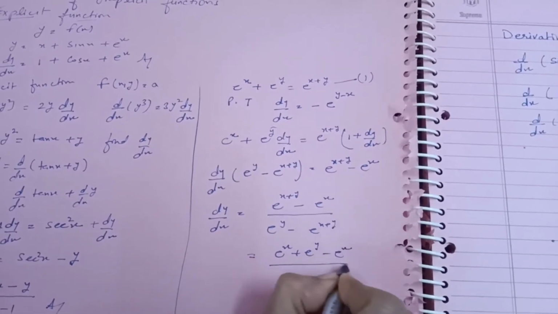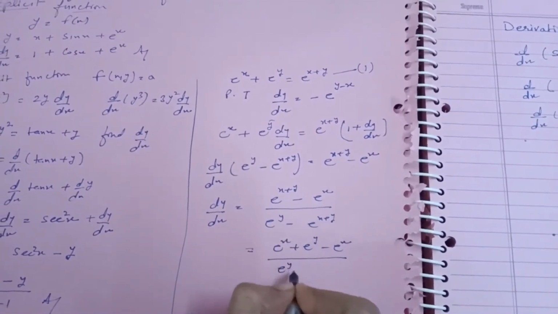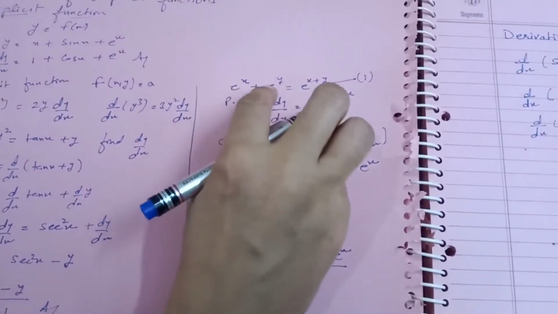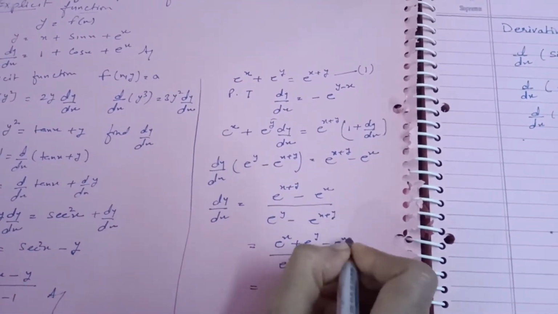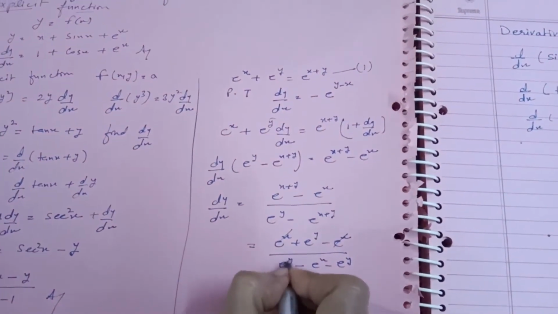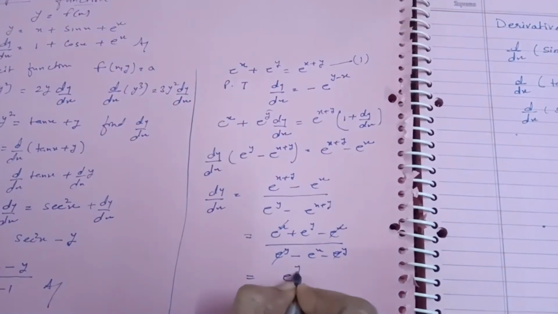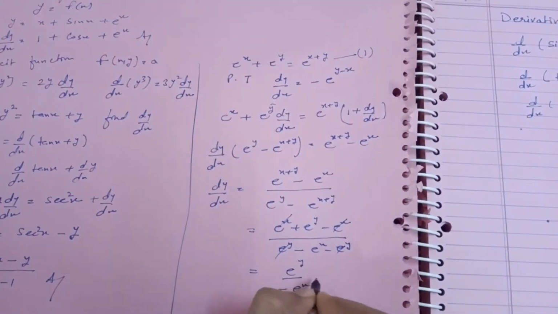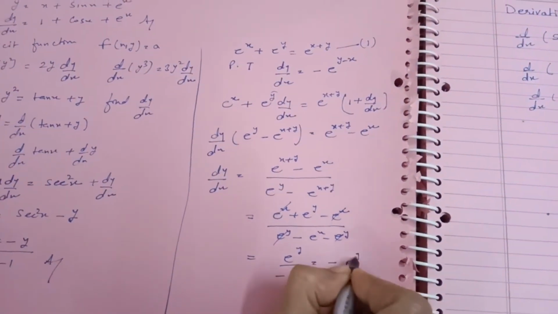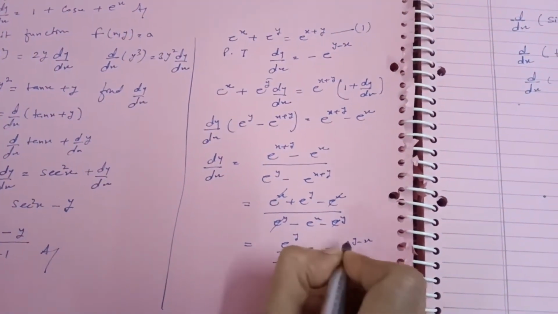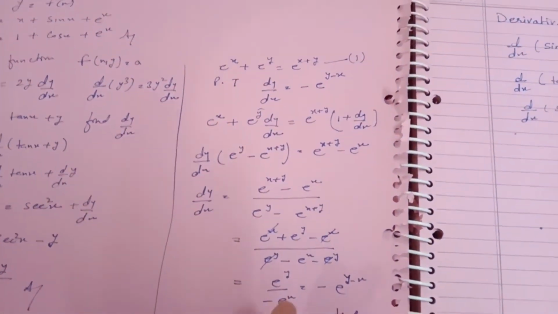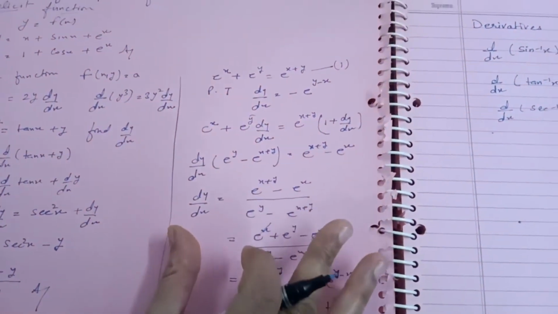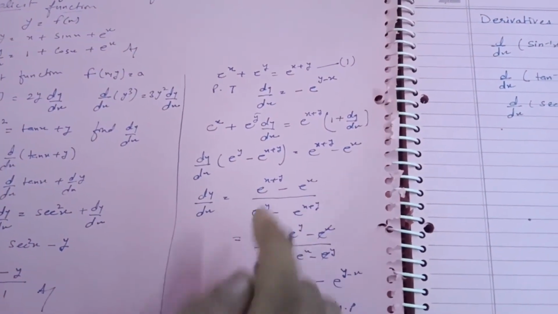I substitute that value. In the denominator, e^y minus e^(x+y), what did I put in place of e^(x+y)? e^x + e^y, meaning minus e^x minus e^y. So you will see what is cancelling out, and e^y cancels out. So what remains is e^y by minus e^x, so it will be -e^(y-x), hence proved. So a question may come in this form also. Learn this different kind of question on implicit functions, and you need to learn this step only.